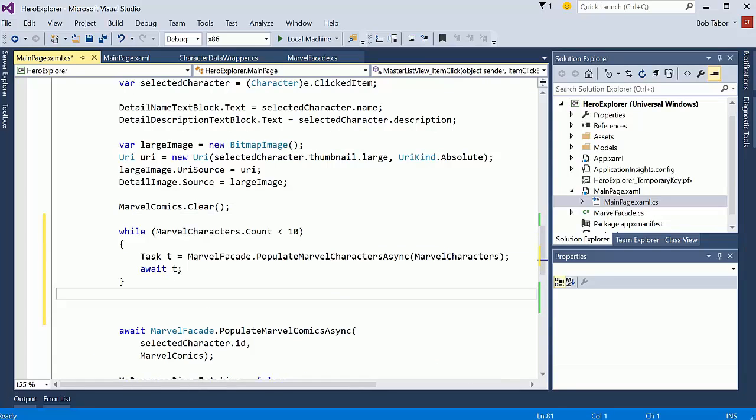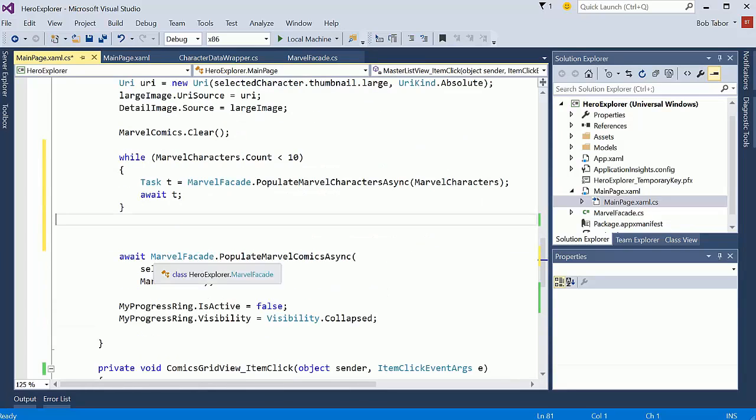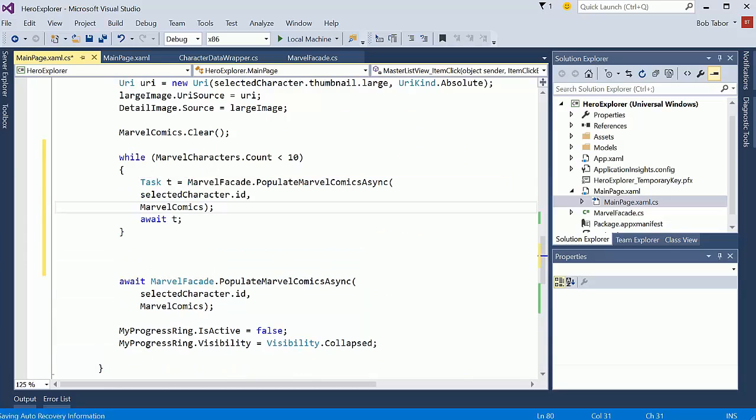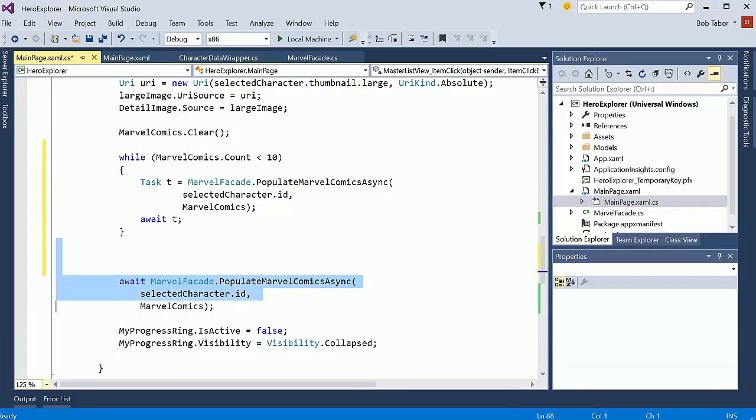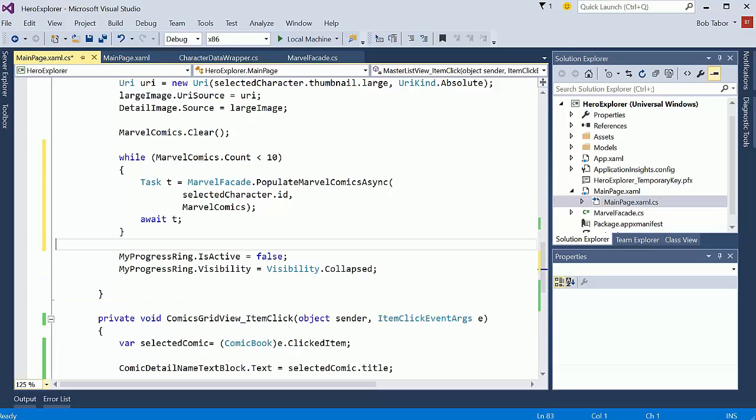And what we'll do is grab this off and put that there. And change that to comics. And let's move this guy over a little bit, move that guy over a little bit, and we'll remove that. So this should ensure that we get 10 comics if they exist. Now, if they don't exist,